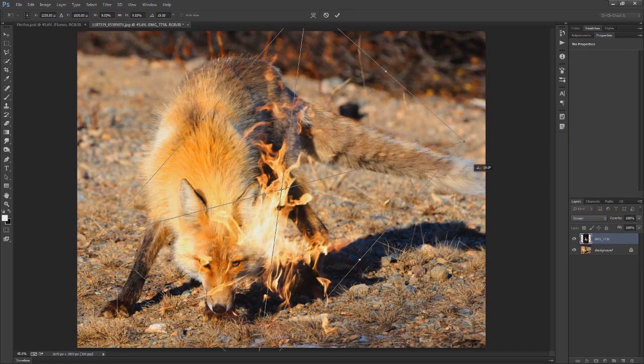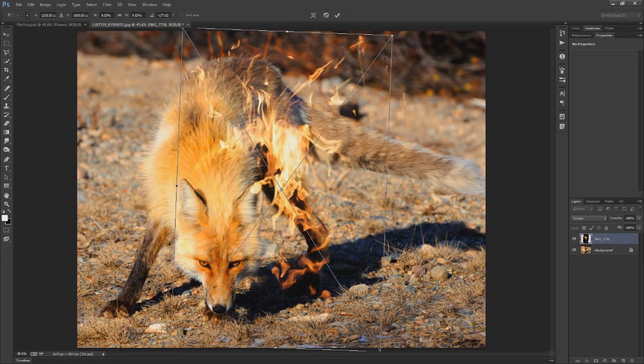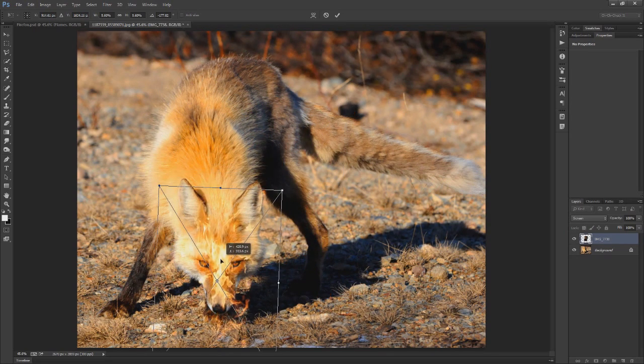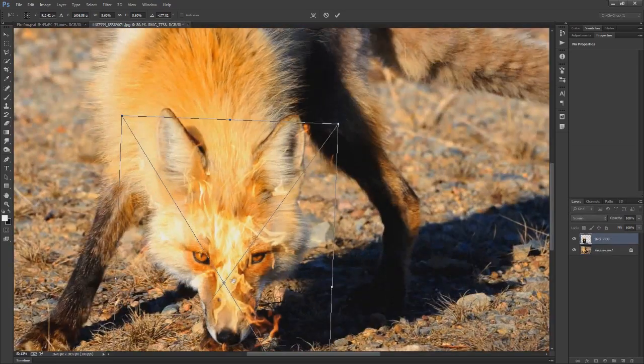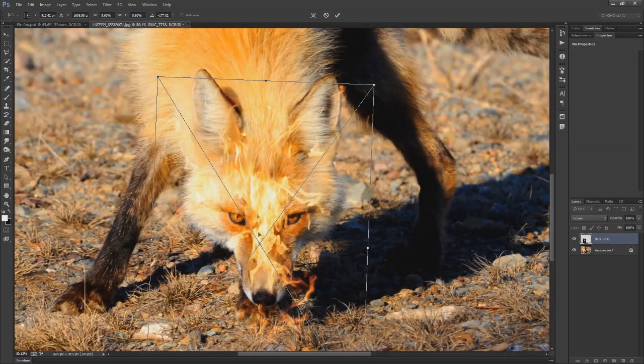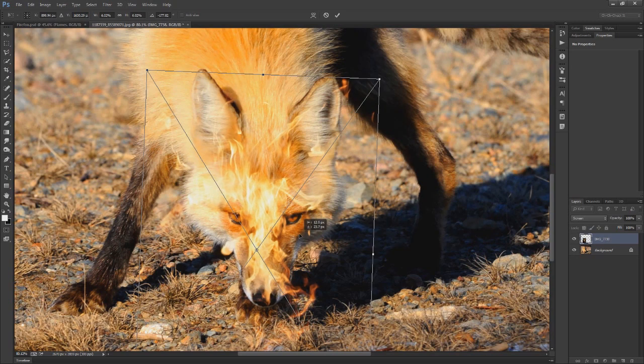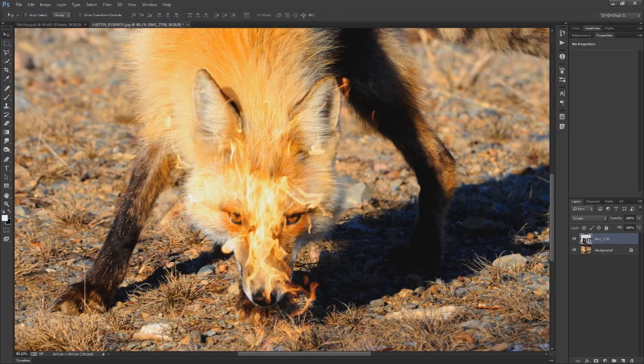So for example, I'll just rotate this around, maybe scale it down, and throw it right here in between the eyes of the face of the fox. Why? Because it kind of looks like it's trailing up the nose and spreads out to the rest of the forehead, and I just feel like it fits. So let's maybe scale this up, bring it down, hit the little check mark, and move on to our next